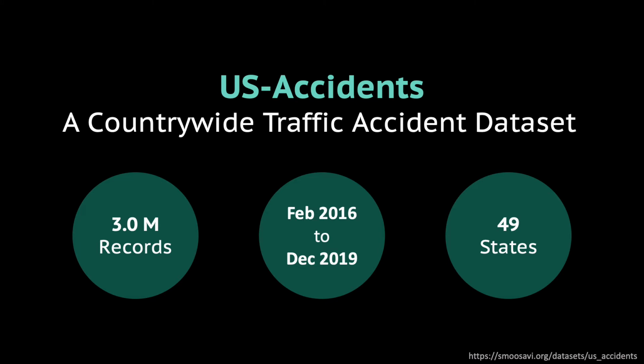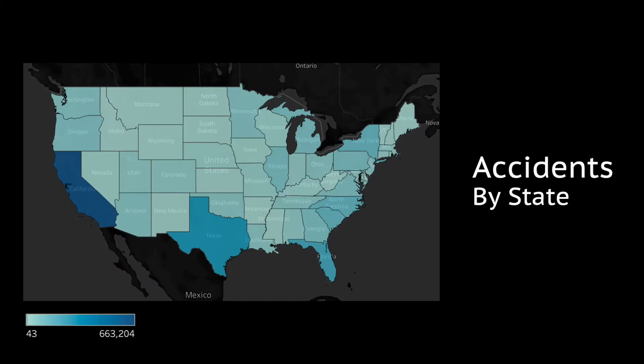US accidents, a countrywide traffic accident, is the dataset that we're going to be using, and it has 3 million records from 2016 to 2019 from over 49 states of the US. First, to gain an understanding of the dataset, we're going to be looking at the number of accidents in each of the states. And as you can see here, the most intense blue color, which is California, has the most